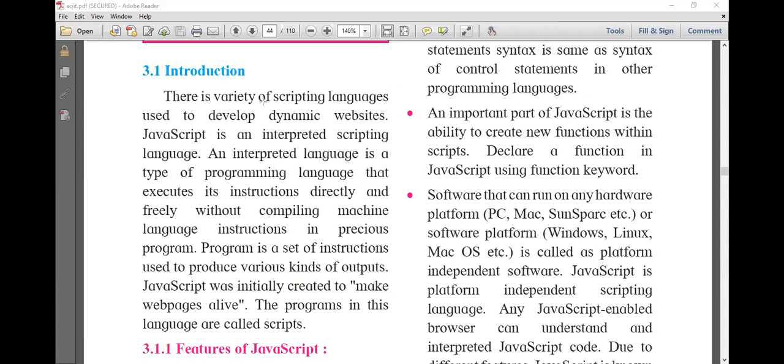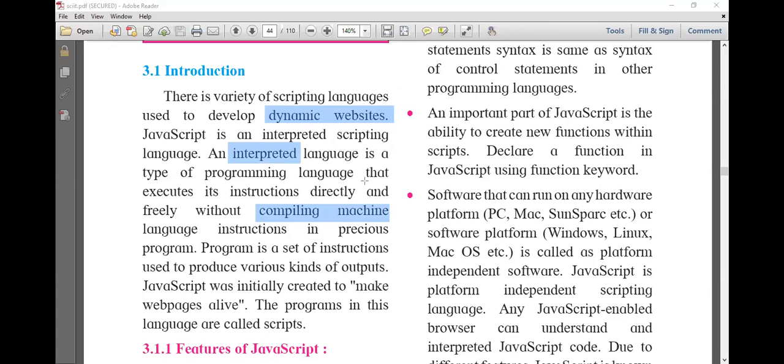To design a dynamic website, we use JavaScript. The second thing we have studied is that we don't require a compiler or interpreter to execute a JavaScript program.